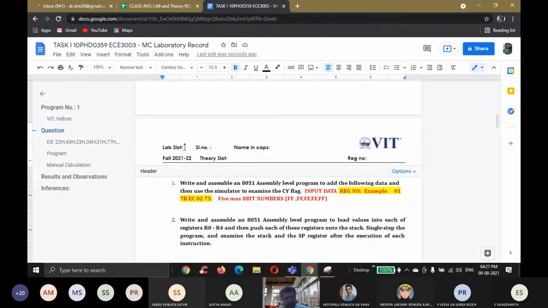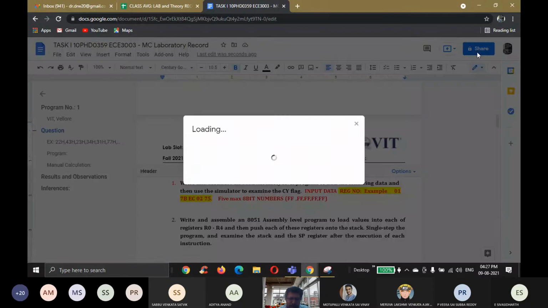L33, L34 means double click here, L33, L34. For the lab serial number, you can get it from the name list. From the name list, all the sheets 1, 2, 3, 4, 5, 6 have name lists given. Serial number is given. Fill that serial number, name, theory slot E1 or E2. You fill it. After doing this, you can share it.